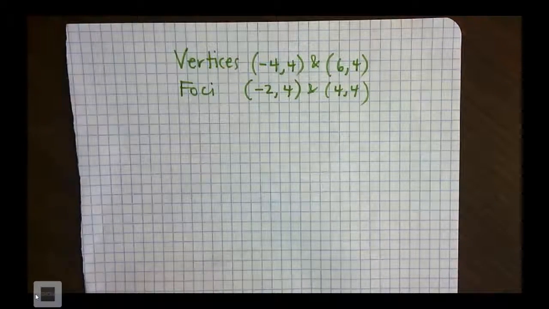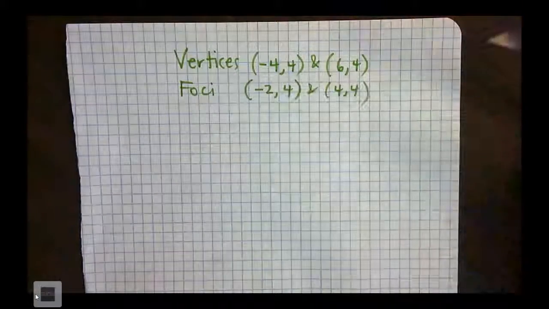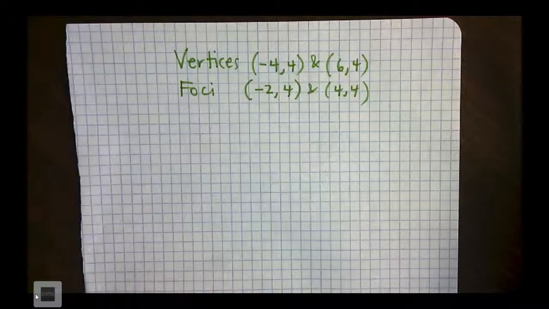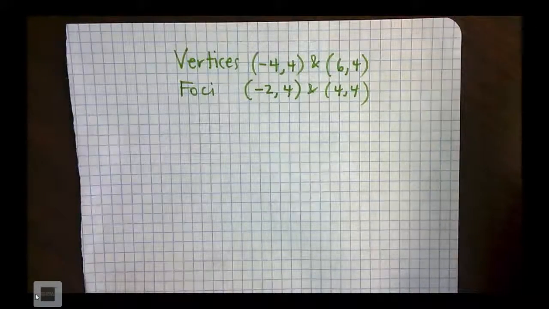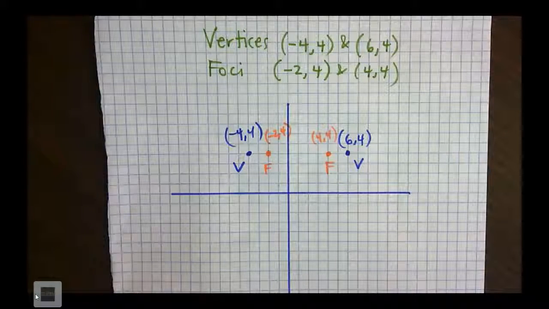All right, for this video, again, I'm going to give you some information. I'm going to give you vertices and focus points, foci points, and what we want to do is write the equation of the ellipse. So the very first thing I would do when I see something like this, and as you can see,